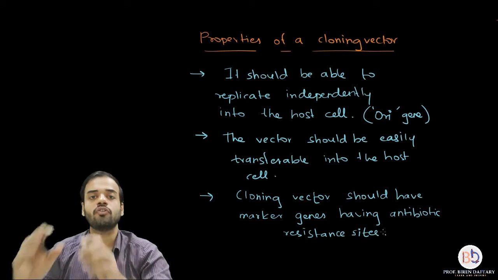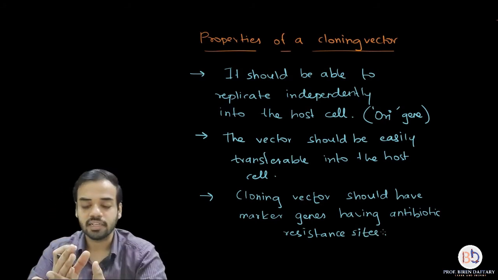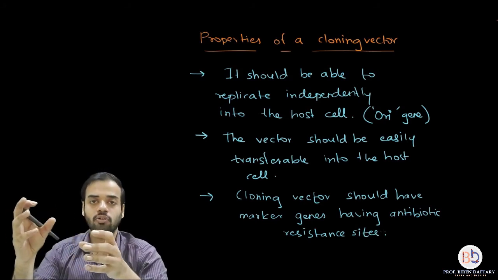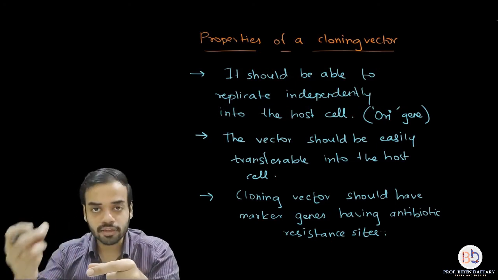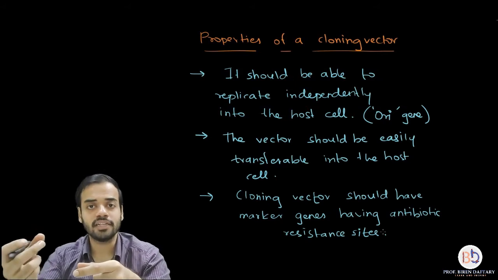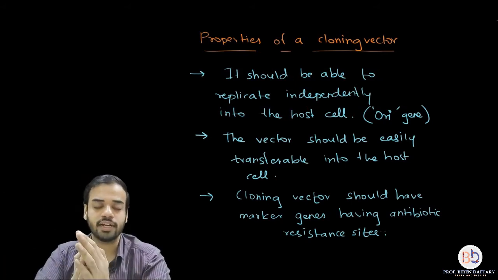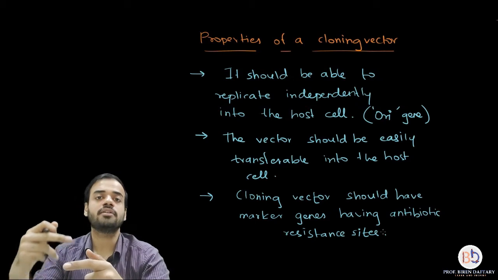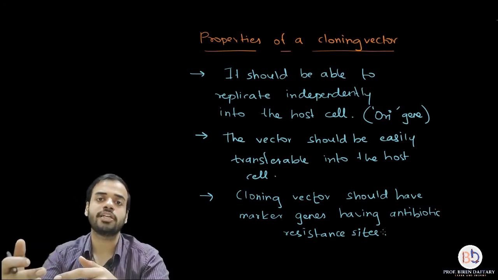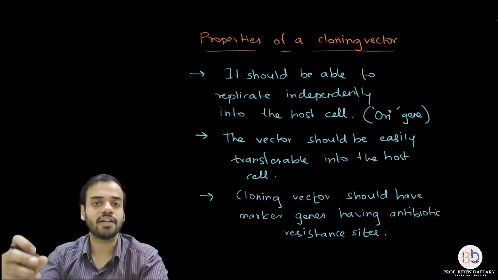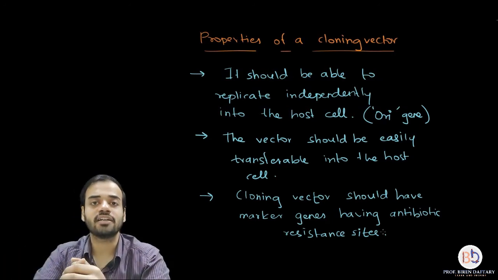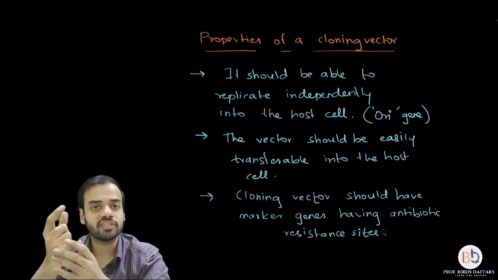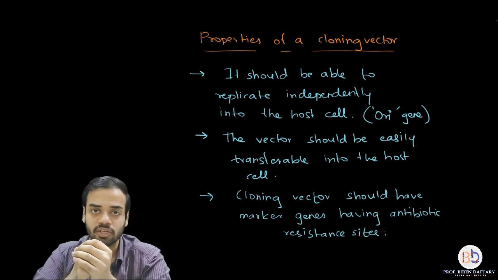Okay, now first of all, what is the meaning of a marker gene? See, all these things which you are doing, right? You are adding the cloning vector with the required gene into the host cell, right? Then you are expecting the cloning vector to replicate or multiply so that the required DNA also divides. But how will you check whether the cloning vector has replicated inside the host cell or not? Because the host cell is a bacterium, you cannot see it with your naked eye.